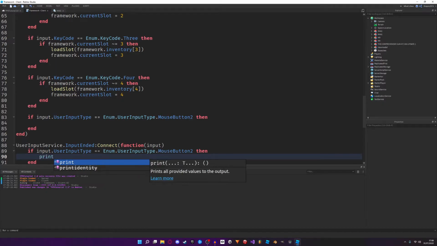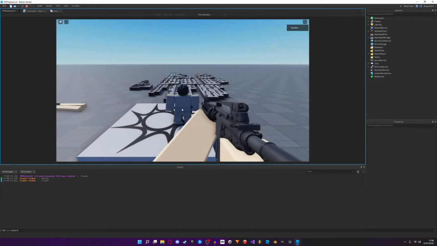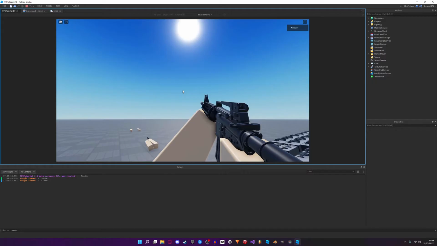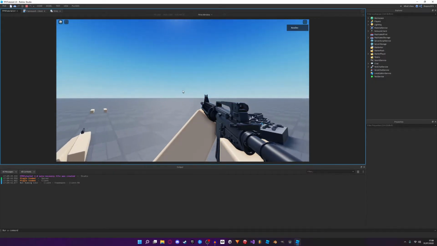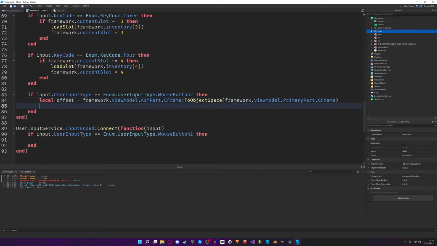So if we say print not aiming, when we go into the game, if we press it, it doesn't do anything, but as soon as we release it, it's going to print not aiming. So what we'll type is we'll say local offset equals framework.viewModel.aimPart.CFrame:ToObjectSpace(framework.viewModel.primaryPart.CFrame), and then we'll say